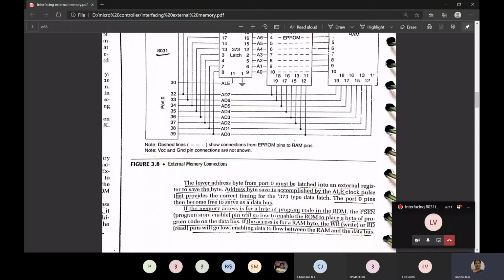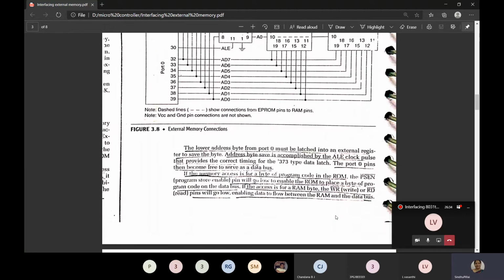If the memory access is for a program byte, if we want the complete 8 bits from the ROM, then we have to go with PSEN, that is program store enable pin. One is address latch enable, one more is program store enable. That will go low to enable the ROM to place a byte. The timing diagram is shown.